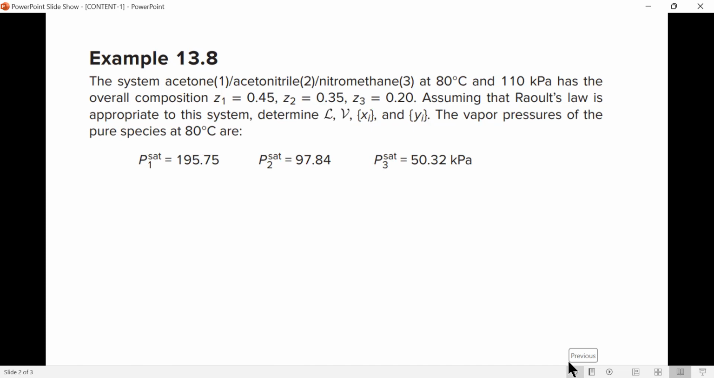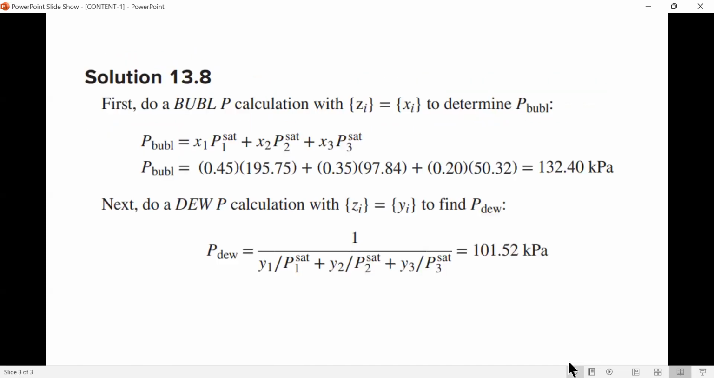So as per the theoretical calculations, using Raoult's law, using model calculations, the estimated bubble point pressure is around 132.4 kilopascals and the dew point pressure is 101.52 kilopascals. Now let us see in what way this can be seen in